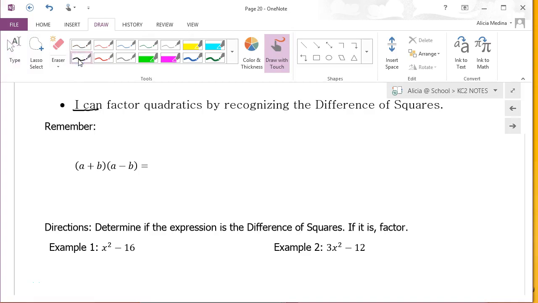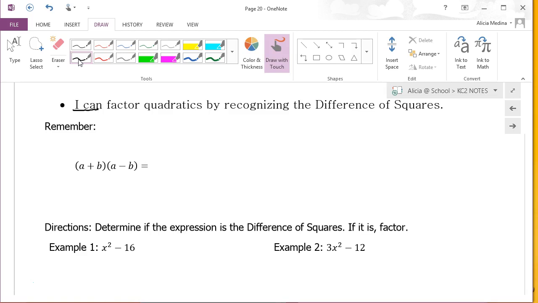Hey guys, in this video we're going to be covering target 2C.4. Our mastery learning objective is I can factor quadratics by recognizing the difference of squares. So difference means we're going to subtract, and squares are going to be all those perfect squares that we talked about